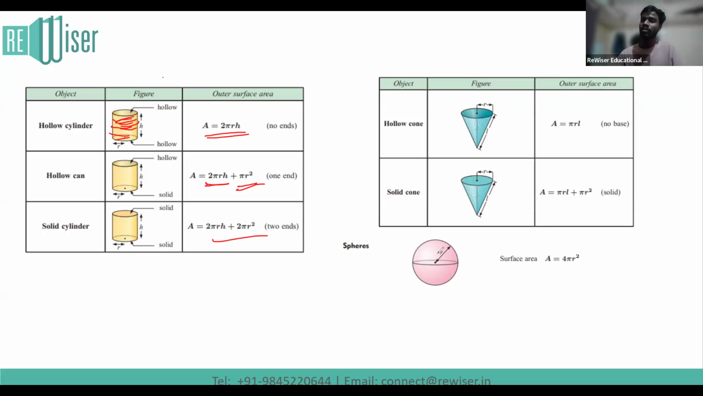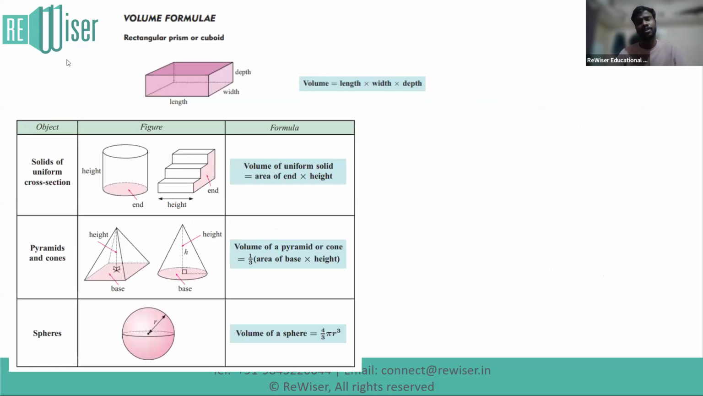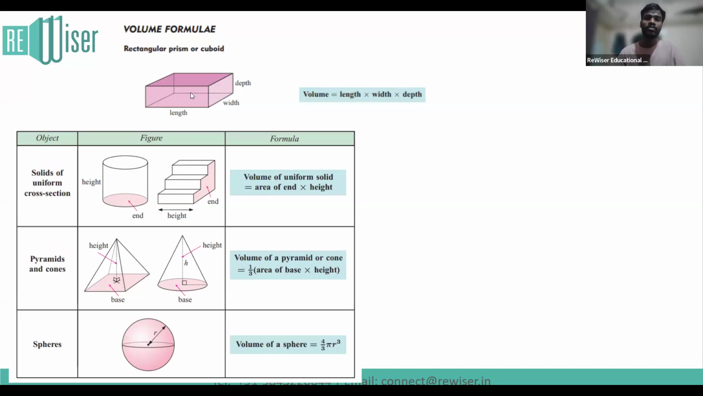The surface area of any sphere is going to be 4 times pi r squared. These are the formulas that we should be aware of, and these formulas will also be given in the IGCSE questions. If I talk about a rectangular prism, or cuboid, the volume of this shape is length into width into